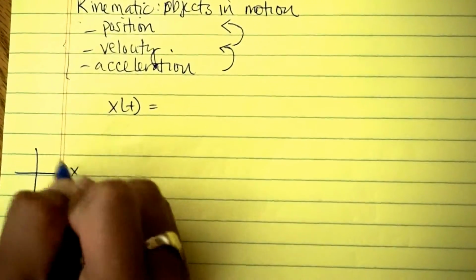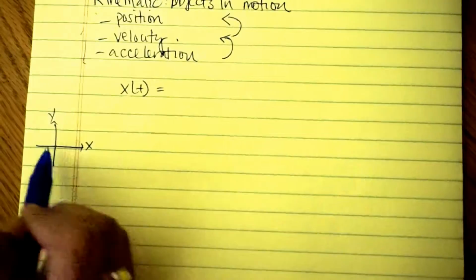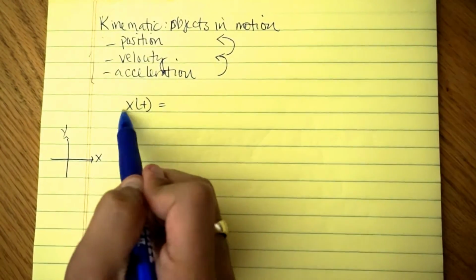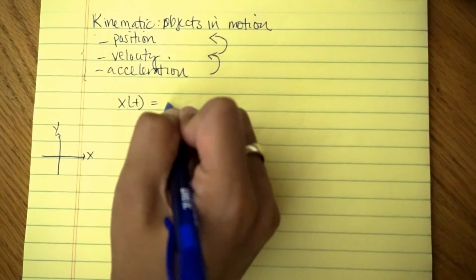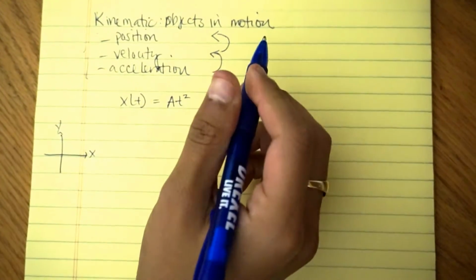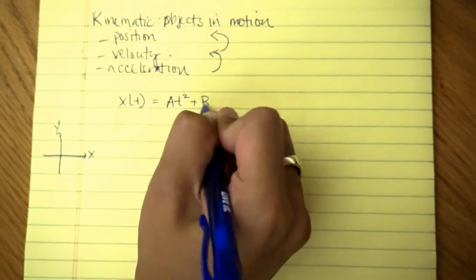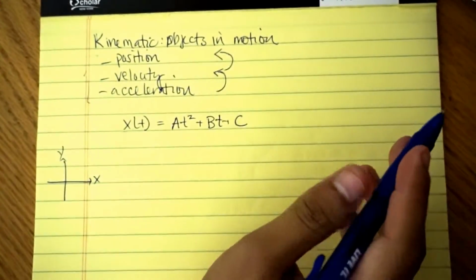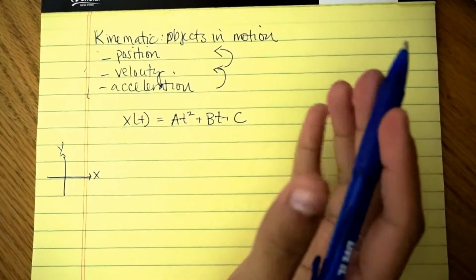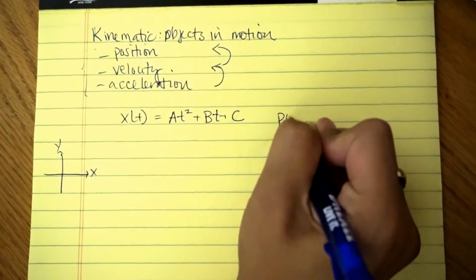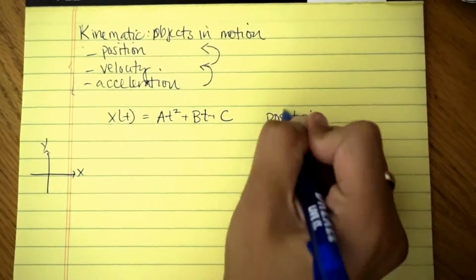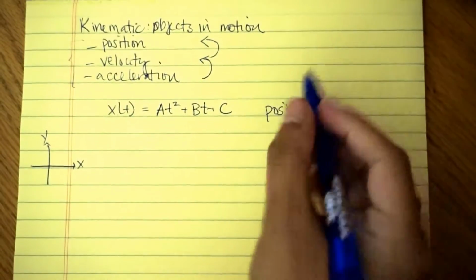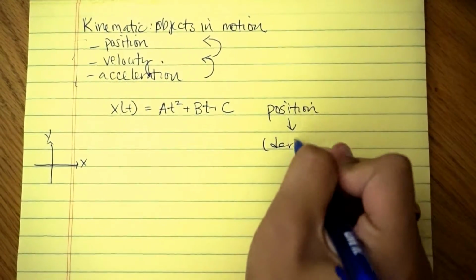Now you have your x and your y graph. We're just going to worry about our x position. So x position in relation to time is, we're just going to go with something simple, such as a quadratic equation. a t squared plus b t plus c. A, b, and c are all constants, and t is your time, and that's a variable. So this is your position. Now, in order to find velocity given your position equation, you take the derivative,